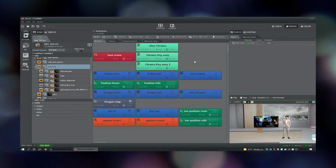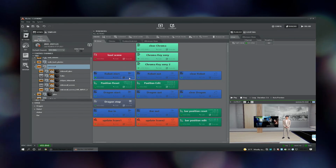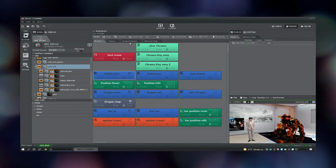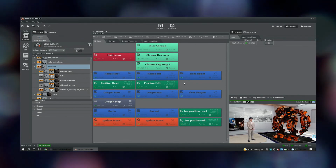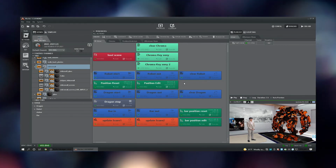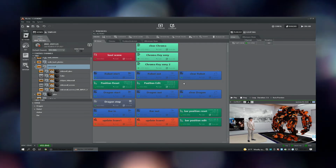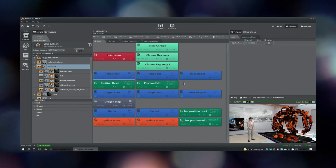All right, I'm going to bring up the same AR element that Art was showing earlier, our robots. You can see that it was really easy for me to trigger my AR graphics to appear or disappear on the screen. But there are also a number of attributes that we can live edit from this application. So for example,